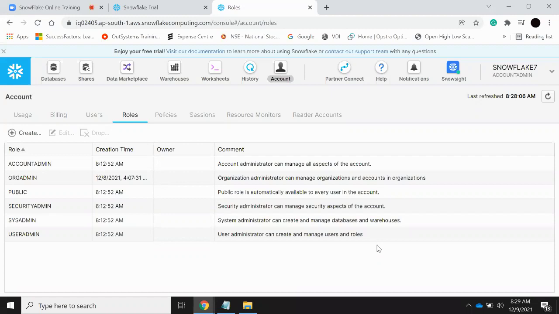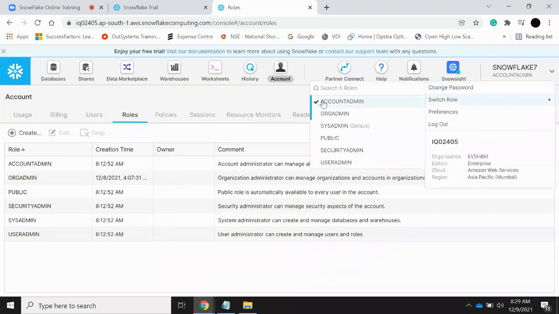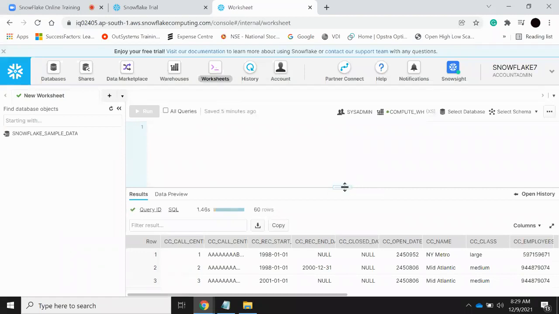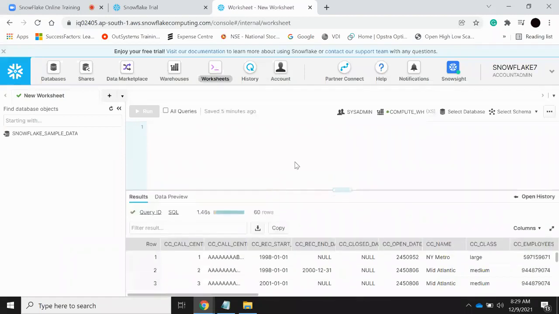If you want to do some activities like creating users, creating roles, those things you can do by using the account admin role. We can do it, small activities. That's it. So now, coming to the worksheets, let's say if you want to create a database,